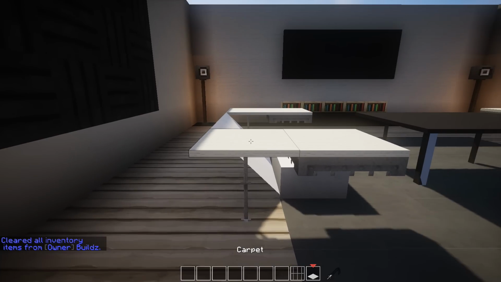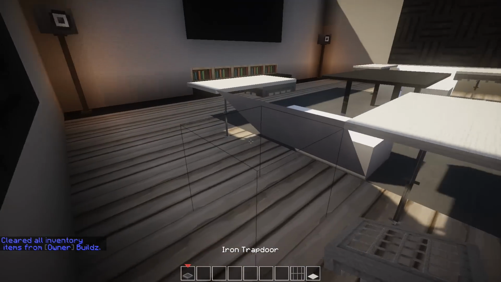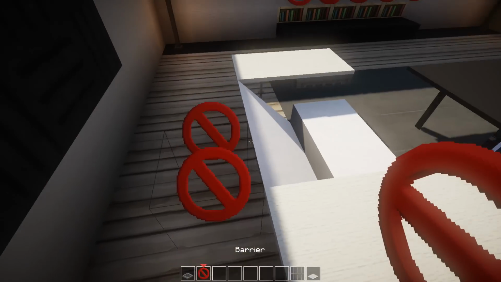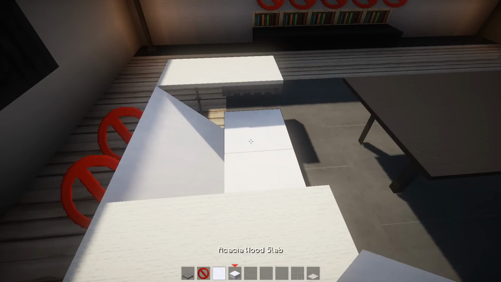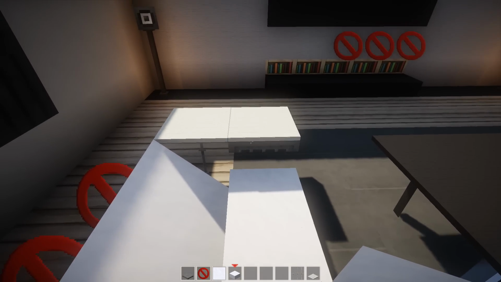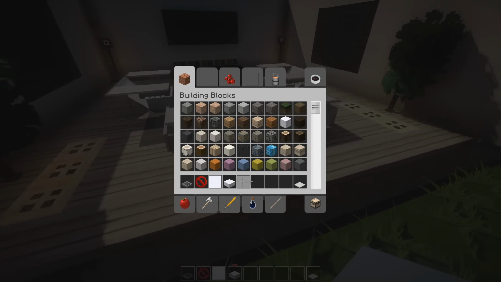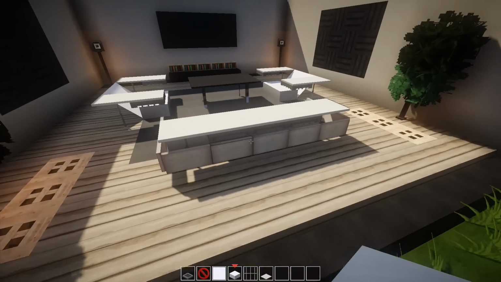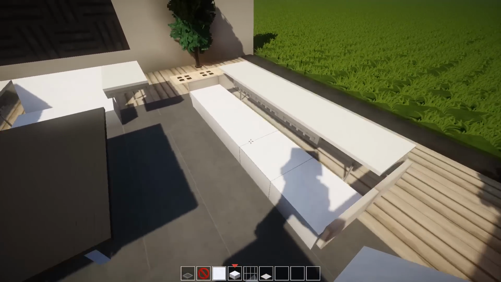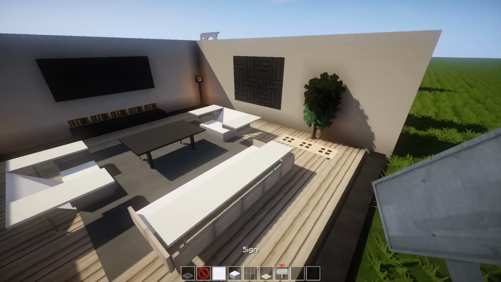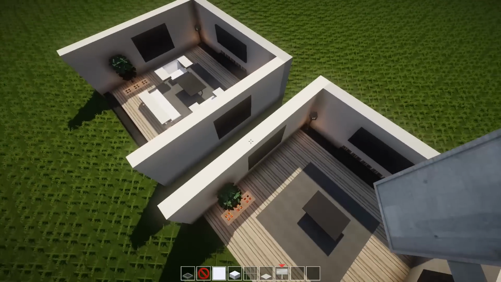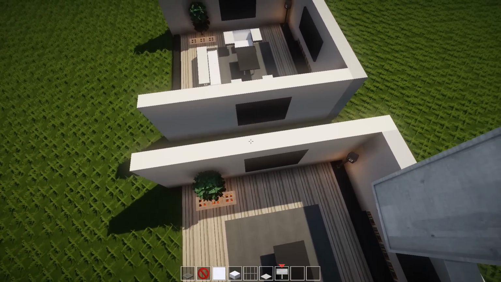So what we're going to need to get now is some iron bars, some carpet, some trapdoors. You're going to need some barrier blocks, some snow rails, some acacia wood slabs, and that's about it. For the back sofa design, it's actually a little bit different, but I think the only extra thing we're going to need, right, is signs. I think so. So yeah, we're going to take some signs as well. So let's just get into the process of making these guys.